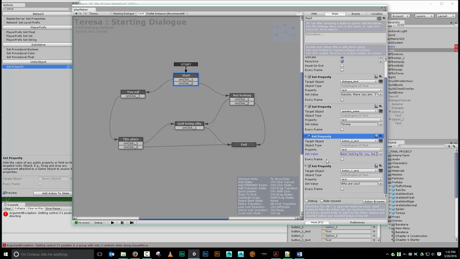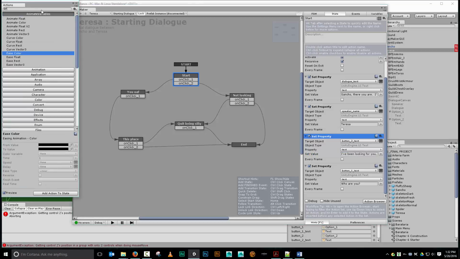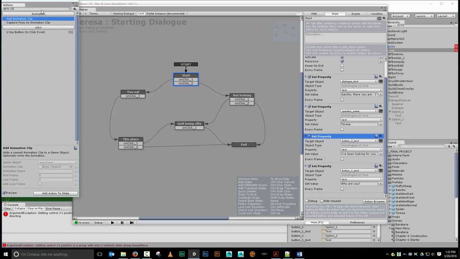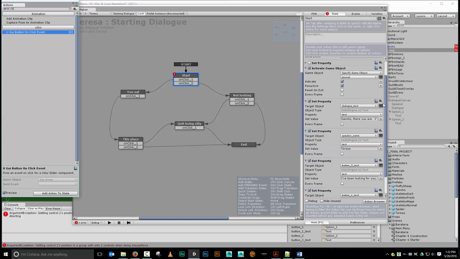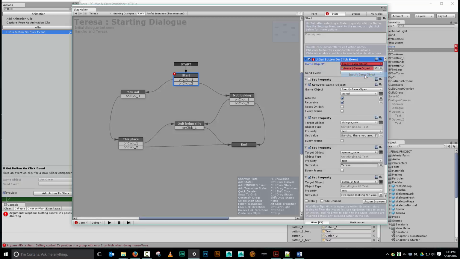And then the final thing we need here is we need to respond to the user pressing a button. I've already pulled this out of the ecosystem. I'm just going to type on click, and there you have GUI button on click event, which we had to go out into the ecosystem to add to our playmaker. All right, so I'll add that action. It added it to the top, that's probably fine, I guess. Use owner, no, specify game object, variable type, and this is going to be,